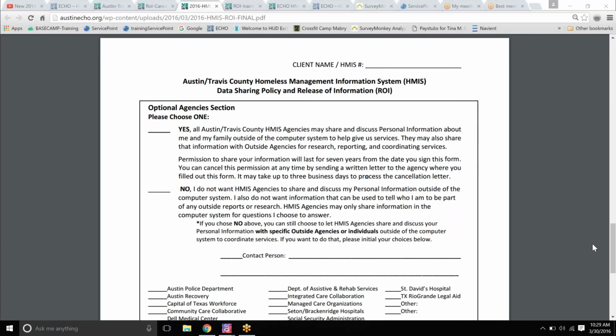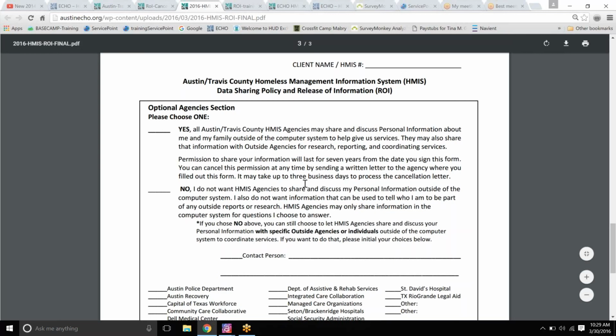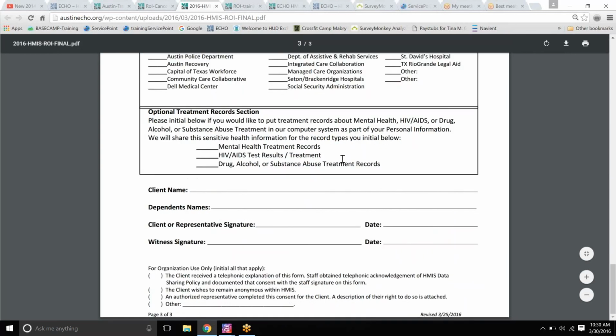Next question regarding the treatment records. Are they just PDF uploads? Is that how they would be stored within HMIS? Yes. So treatment records, the options down below on treatment records are mental health treatment records.